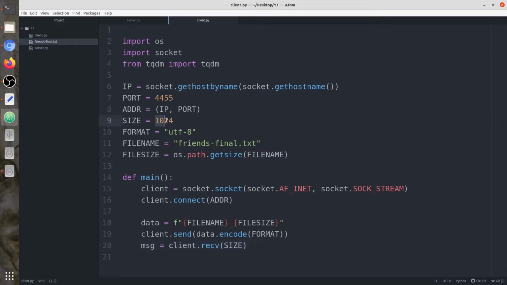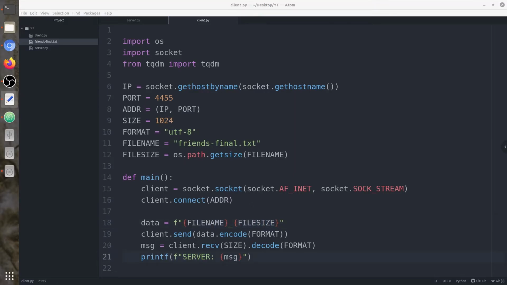This is the buffer size, and we're going to decode it to the appropriate format. Now we're going to print this message, server and msg. Let's specify f a string. Now we have sent the file name and file size and received the message.